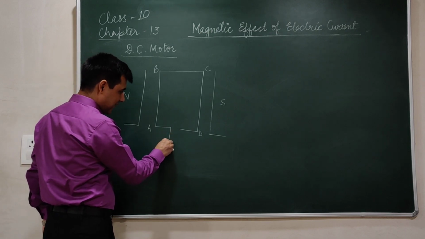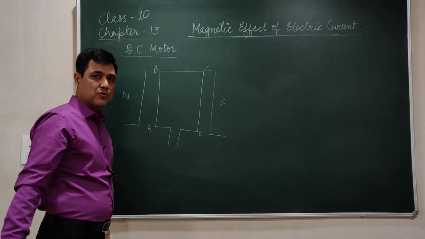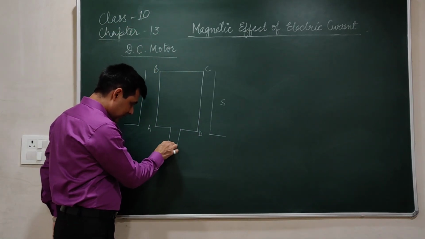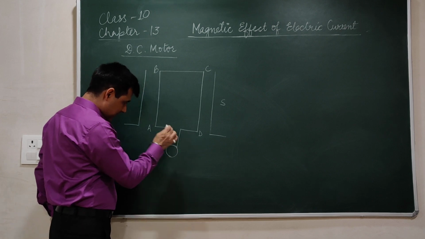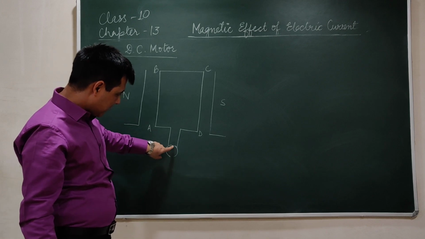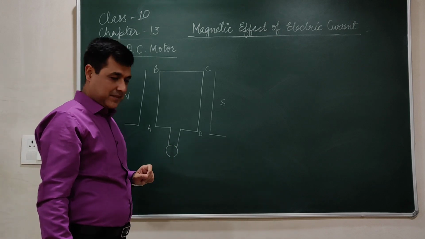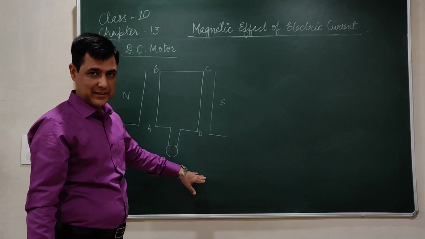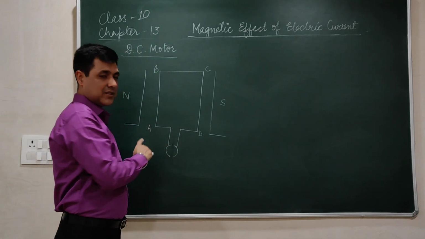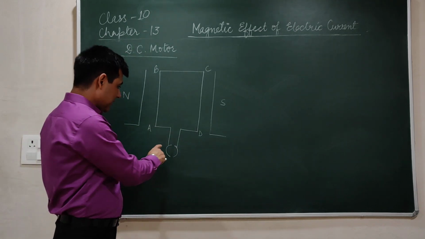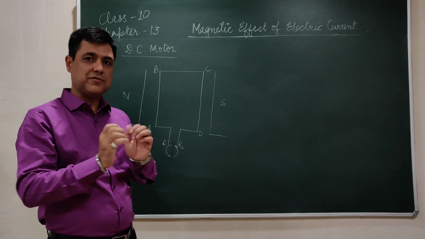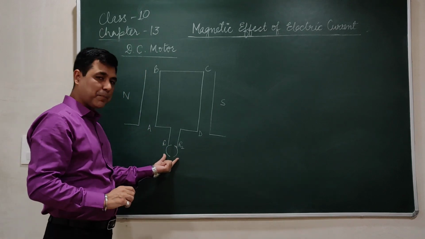The two free ends A and D are connected to a ring which is also known as split ring. The split ring because this ring is split into two parts. So all that is a complete thing, but the portion that I have removed, this portion is insulated. So that means the current cannot flow from one end to another end. So this is split ring. A and D portion of the armature coil is connected with R1 and R2 of the split ring. We have given the two ends a name, R1 and R2. So this is called split ring.